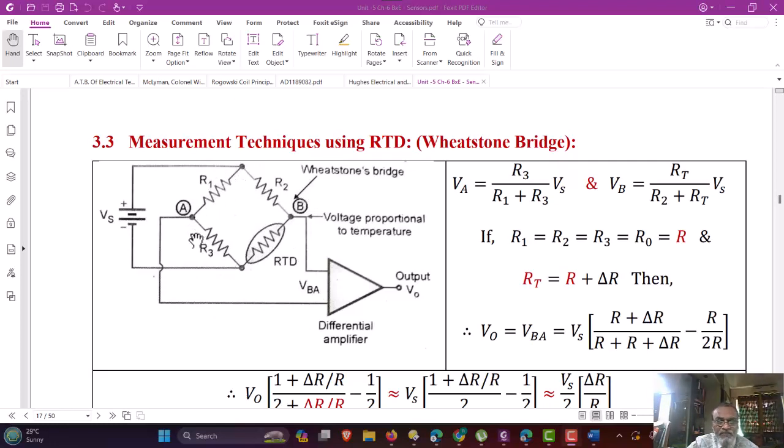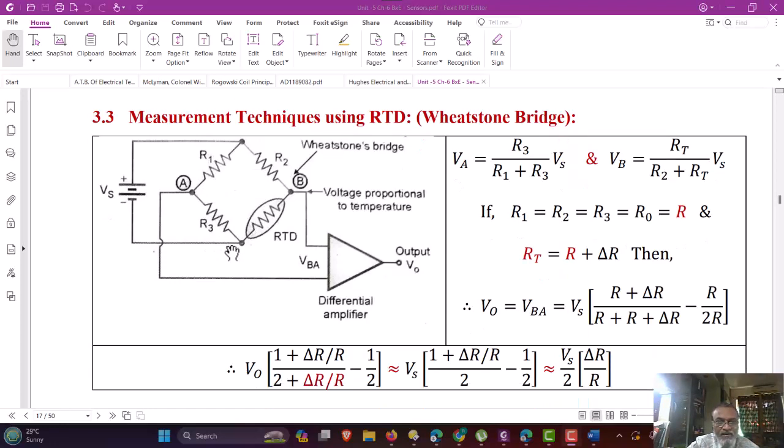Out of these four arms, one arm will be replaced by a sensor whose resistance is not known. And we know the Wheatstone Bridge can be used for measurement of unknown resistance in terms of the other branch resistance values. The output of the Wheatstone Bridge, that is VAB, is connected to an amplifier,